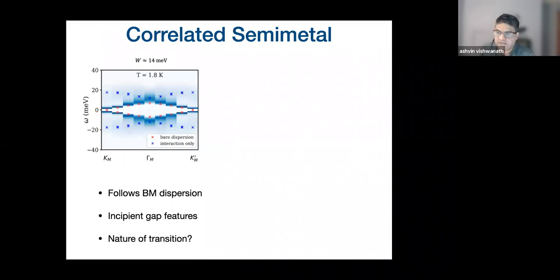Okay, you can also look at the correlated semi-metal. That was also somewhat interesting. So even at low temperatures, that state is very different from a Slater determinant. Okay, so it's really a correlated state. To the first approximation, if you look at the A of K and omega, you see this dispersion over here. This is a free particle dispersion, and you get significant spectral weight at those same points. And it kind of tracks that. But there is some spectral weight out here, which corresponds to the interacting model.